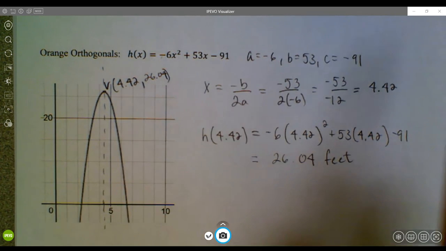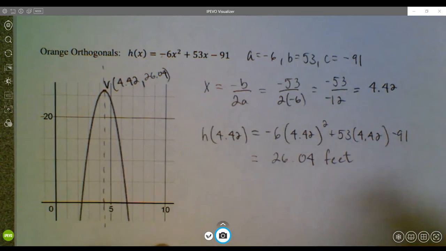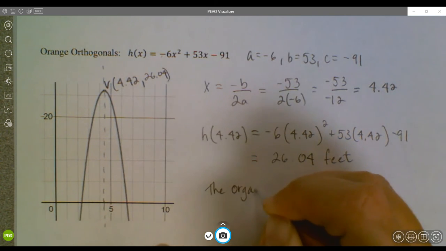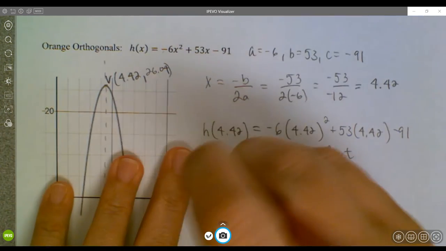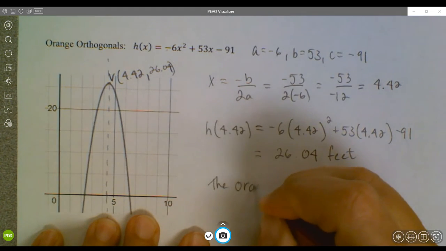However, this problem is part of a story, so I need to report the story. So I will say the orange orthogonal, oh, good grief. The orange